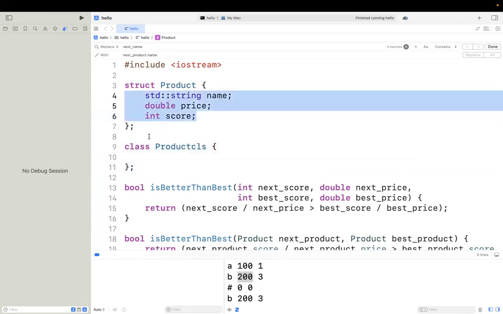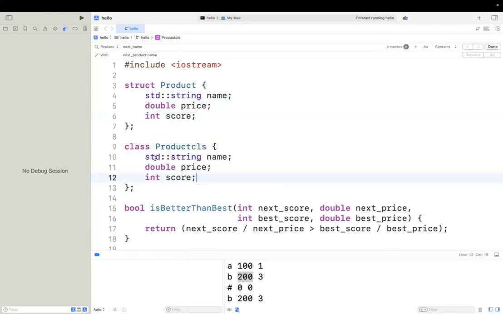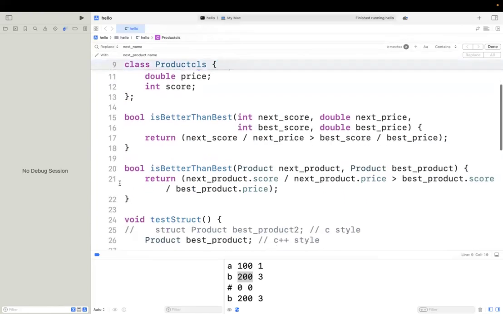How about we define a class in it? All right, so in C++, structure and class are basically the same. The only difference is structure makes every member public. Class makes every member private. So if you want to change, for instance, if I'm trying to implement a function called